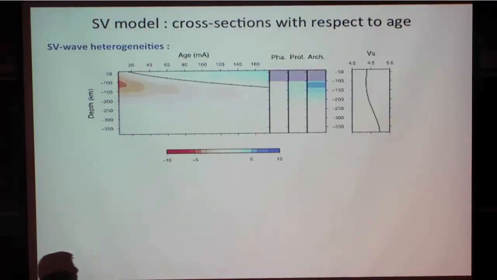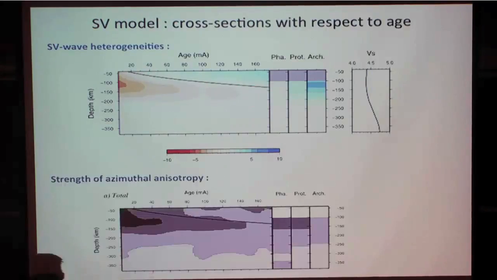Now, if we look at the seismic model, and we perform a cross-section, and if we average the cross-section as a function of the age, it's terrible, but you should see very clearly that there is a very strong low velocity region here. We see very well the oceanic asthenosphere, the thickening of the oceanic lithosphere, the cratons that are a bit thicker, and the dark line here marks the thickness of the lithosphere in the half-space cooling model, so it's the square root of the age.